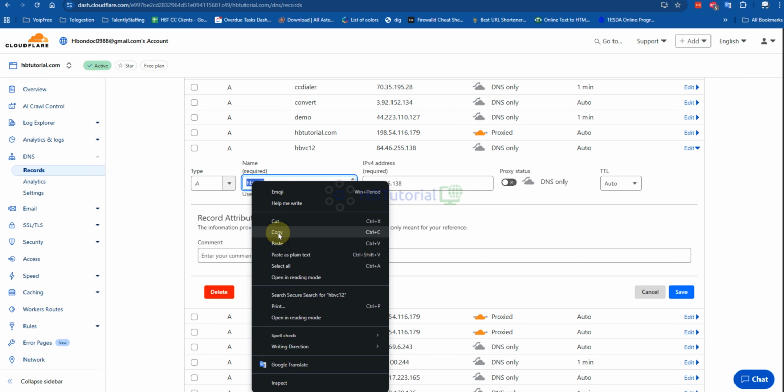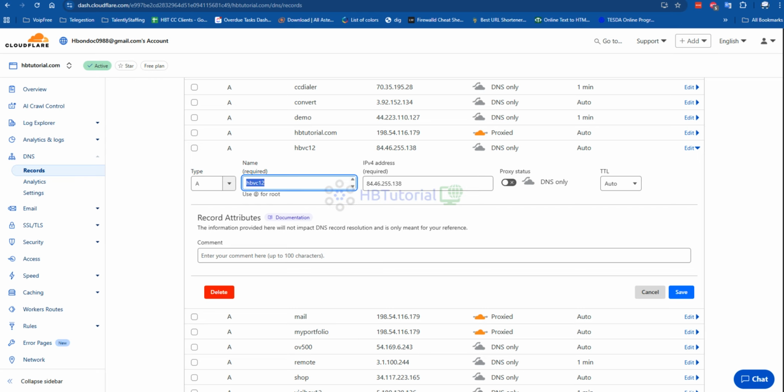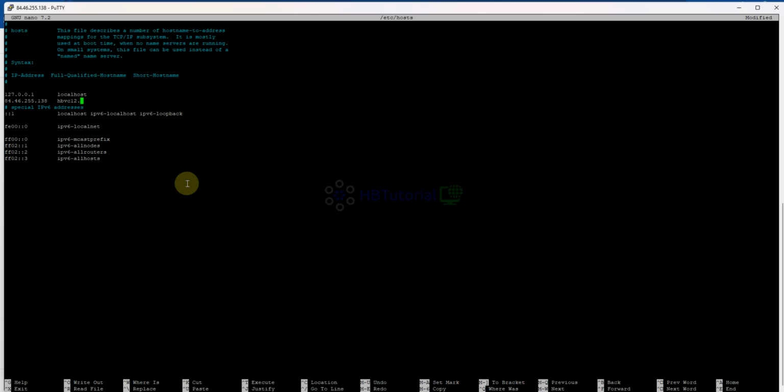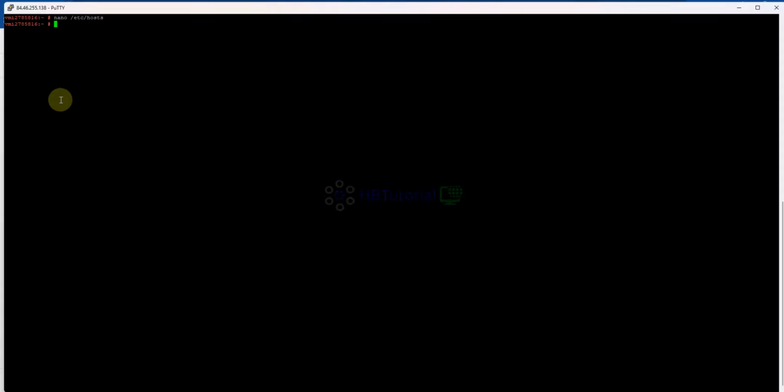So this is our subdomain, hb12.hbtutorial.com. I can copy this one because I will use it again. To save this one, Control O and then enter. To exit, Control X. And now we're going to modify our host name.